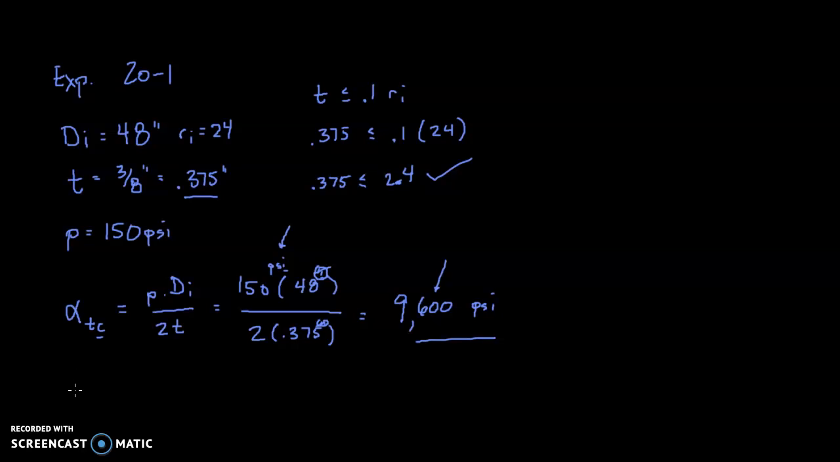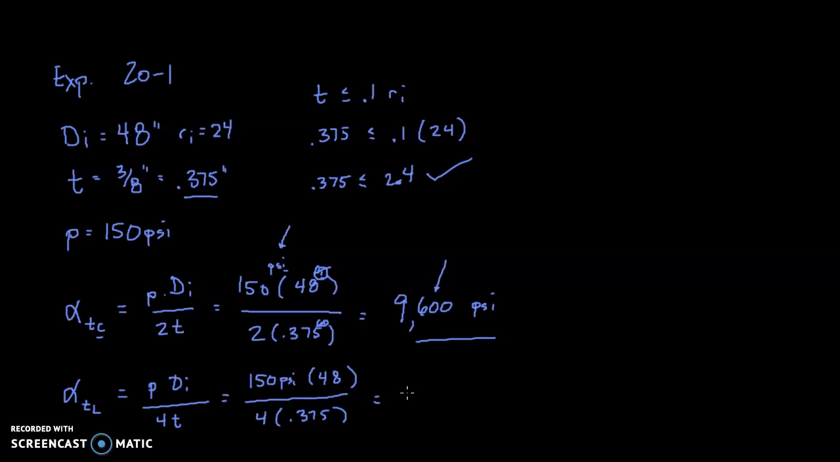Now, if we look at the longitudinal stress, alpha sub TL, that's equal to the internal pressure times the interior diameter divided by 4t. So instead of dividing by 2, this time we're dividing by 4. So we could go through the process of writing out all the variables, which I suppose we should. 150 psi times 48 divided by 4 times the thickness of